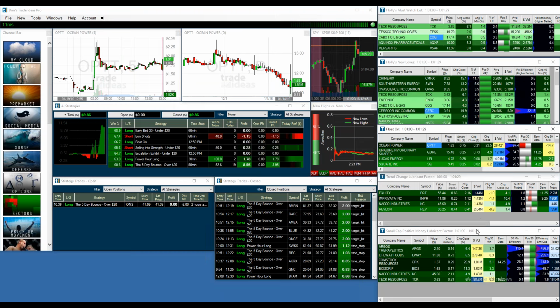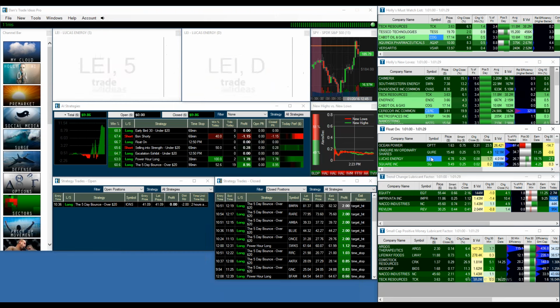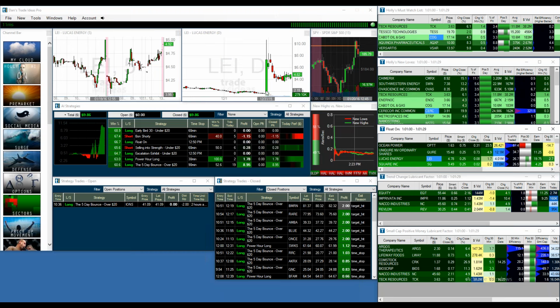So let's see. Let's look at the small. LEI was another one. I mean, this one, we were all over this, and it could be setting up again. This is the kind of move you want to see where if the market catches a bid, you can see this trying right back. It had it in it. So that's what we're trying to focus on right now.